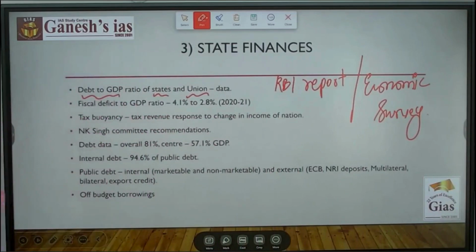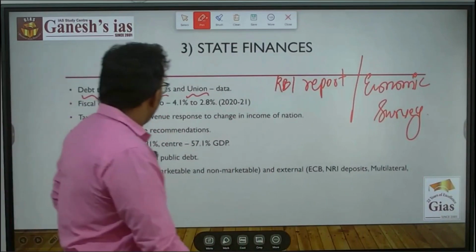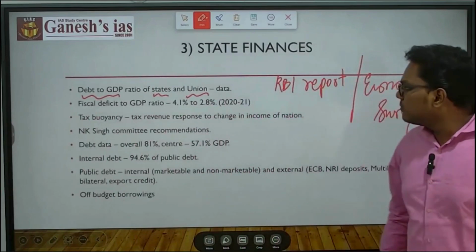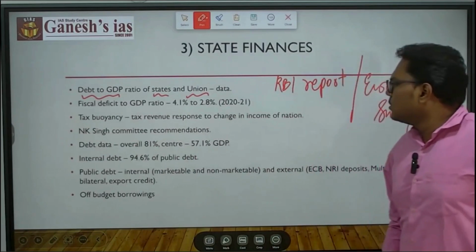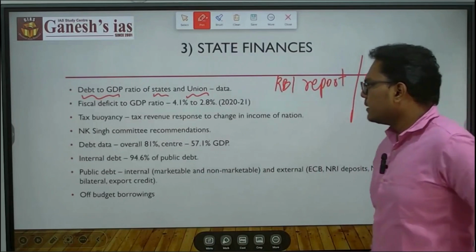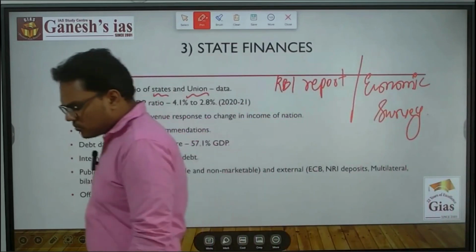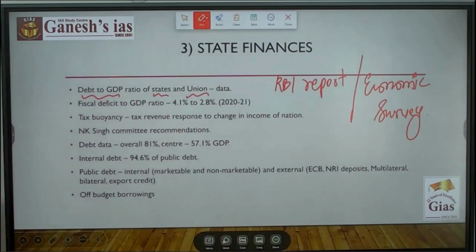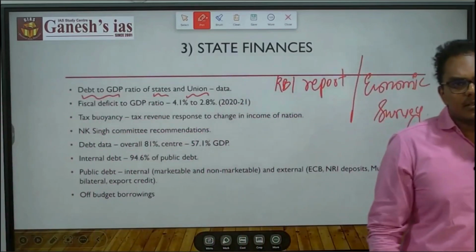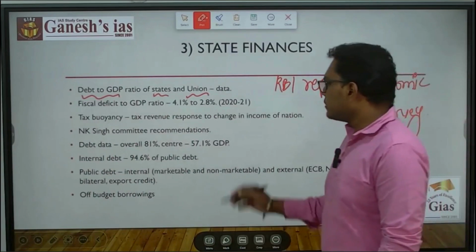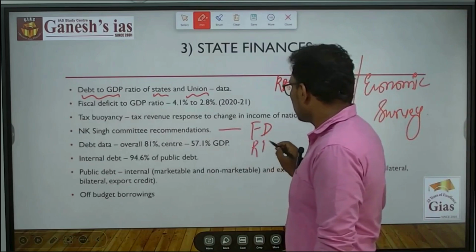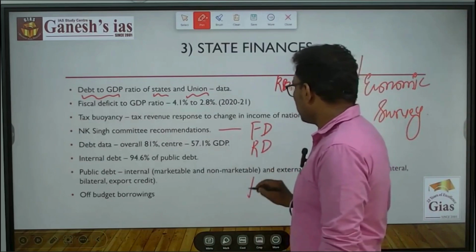And then the fiscal deficit to GDP ratio for the states is from 4.1% to 2.8% between 2020 and 2021. And then you need to know terms like tax buoyancy, that is the tax revenue's response to an increase in the income of the nation. And then you need to know the NK Singh committee recommendations, or the parameters it talks about. NK Singh has talked about fiscal deficit, revenue deficit, debt to GDP ratio,